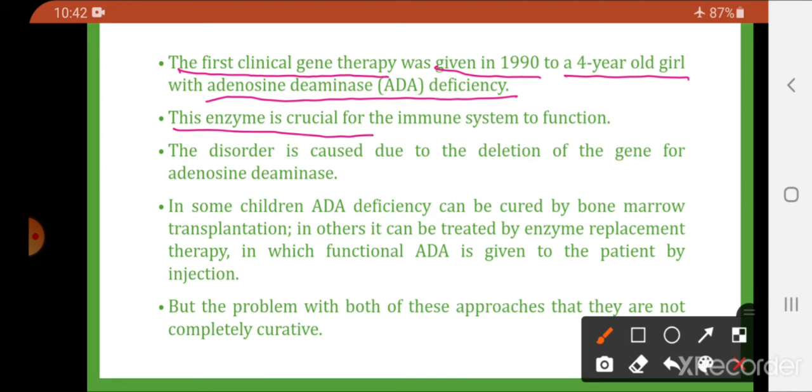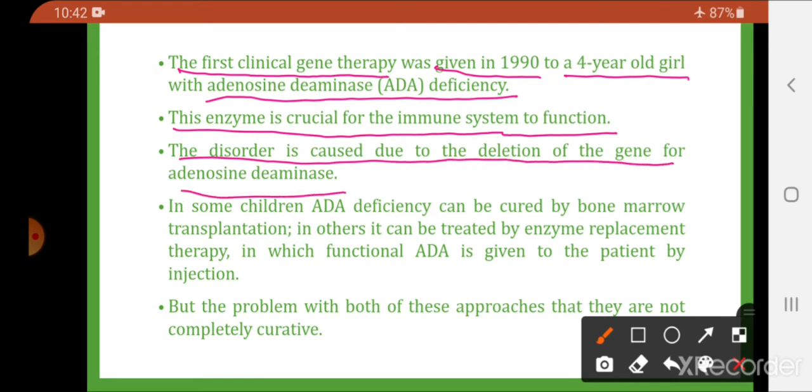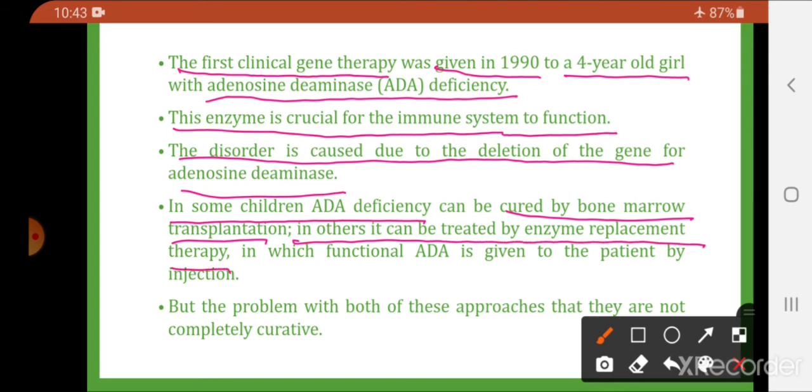This enzyme is crucial for the immune system to function. The disorder is caused due to the deletion of the gene for adenosine deaminase. Okay, ये जो deficiency है इसमें क्या होता है? So basically the gene which is responsible to secrete ADA, that is adenosine deaminase, is deleted from the person. In some children, ADA deficiency can be cured by bone marrow transplantation. In others, it can be treated by enzyme replacement therapy, in which the functional ADA is given to the patient